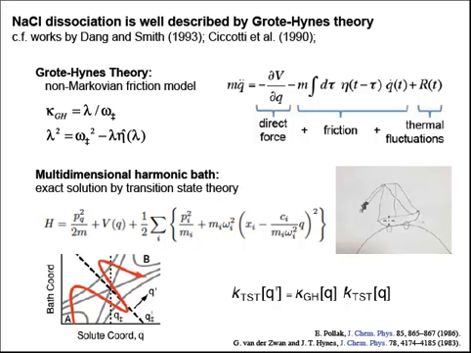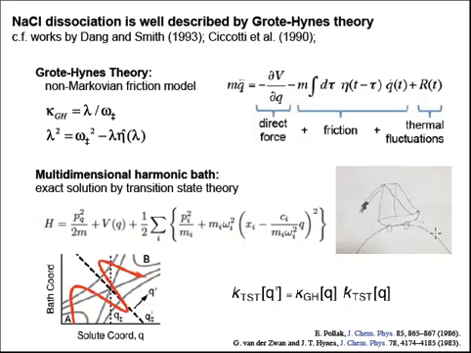The mathematical model of this is a child swinging on a cart that's on wheels, and the cart is going over a hill. You can recognize that it's not enough to know which direction and where the cart is at any given point in time. You have to also know where the swinger is, because if the swinger happens to be swinging backwards at the moment when the cart is passing over the hill, then the swinger can actually yank the cart back in the opposite direction and cause a recrossing of the barrier if you were just using the position of the cart as your reaction coordinate.